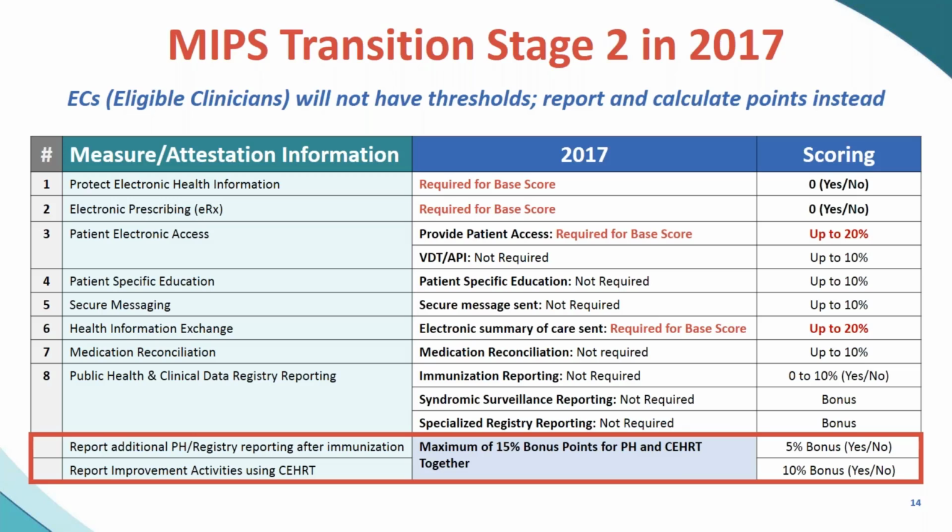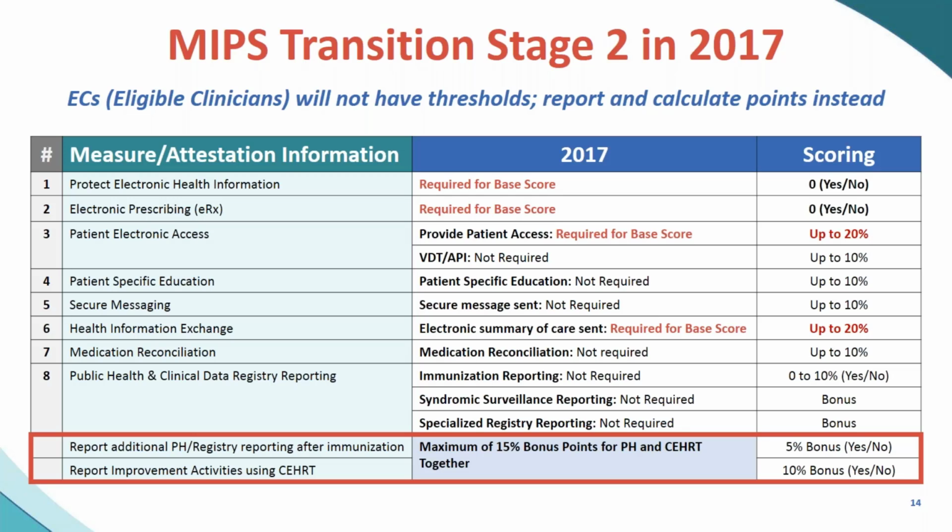Okay, and then the other public health reporting for Stage 2, the options were syndromic and specialized registry reporting, meaning the cancer registry in Ohio. Syndromic, please note, I'm sure we're going to get a lot of questions about this. Many of you were using syndromic as your second option for public health reporting for meaningful use in 2016. Honestly, because it's not even going to be available for anybody in the ambulatory area except urgent care starting in 2018, I would not report on that under MIPS unless you're actively reporting the syndromic.